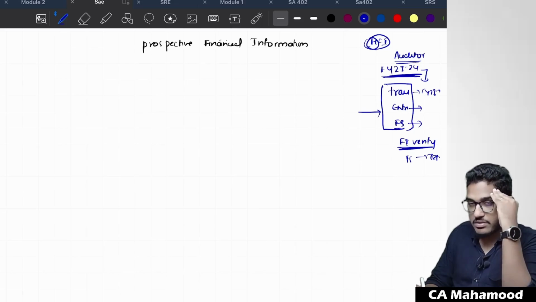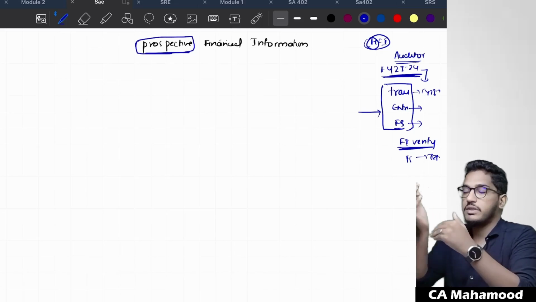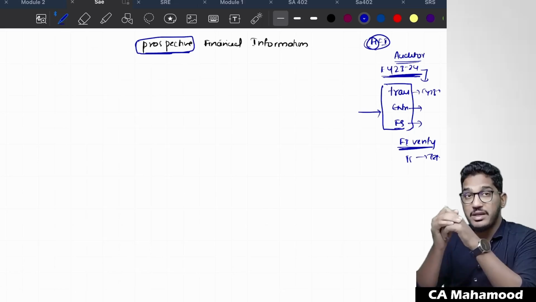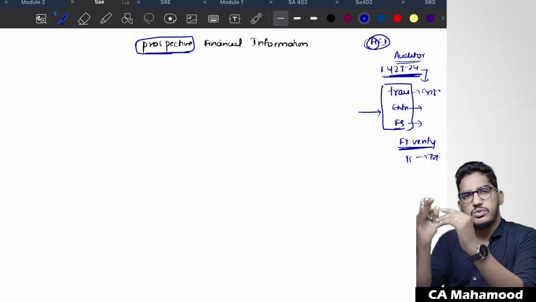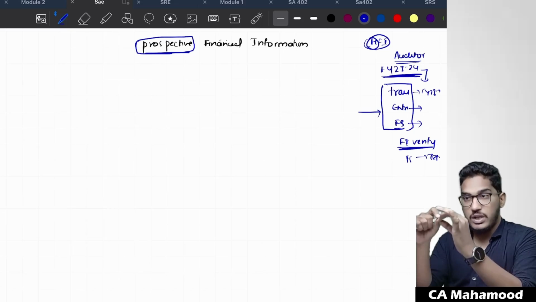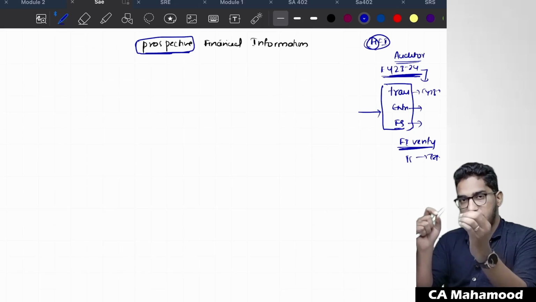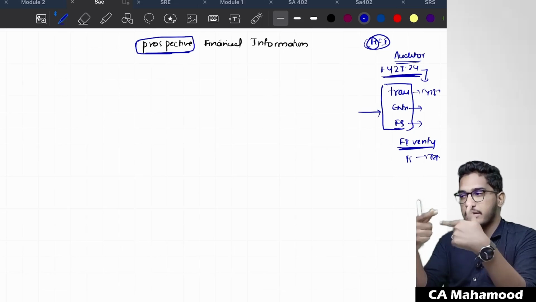But sometimes what will happen is some kinds of entities will prepare historical financial information, but in addition to that, because of some special circumstances, they might be required to project their information for the future. They might be required to prepare their projections for the future. Sometimes some entities, because of some requirements, that could be because of legal and regulatory requirements, that could be because of special circumstances, that could be because of need for a loan, that could be because of raising money. So whatever may be the reason, in some special circumstances, some entities are required to estimate their future